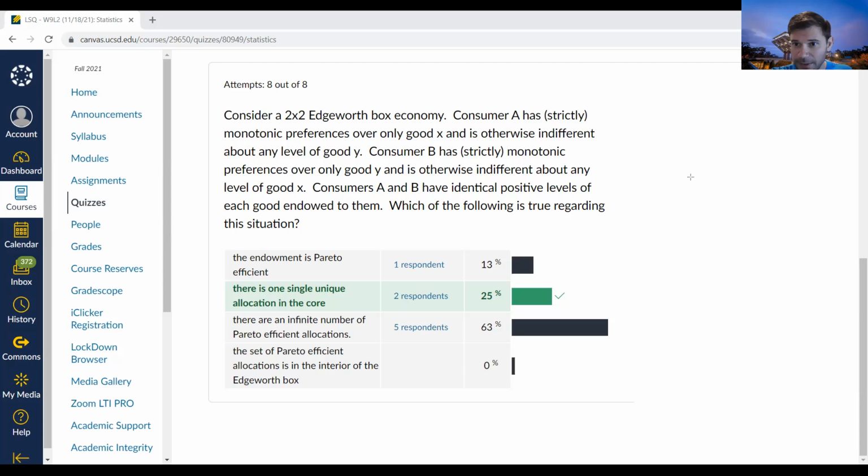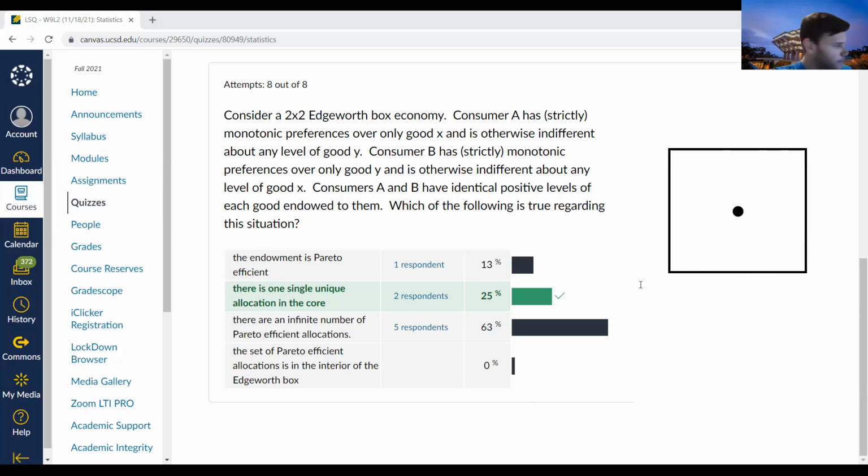Draw the box again. Here is our box. We have the endowment point right in the middle here. And let's call the origin in the bottom left A's origin. We'll call that OA. And the origin in the top right, we'll call B's origin OB. And let's think about this for a moment. If consumer A